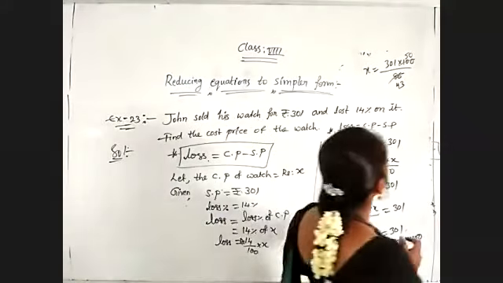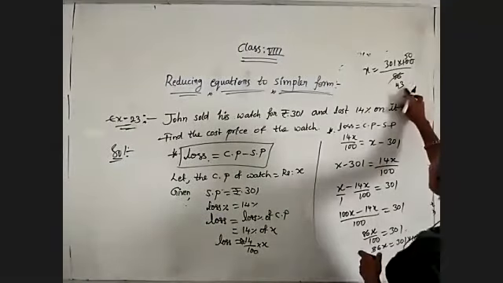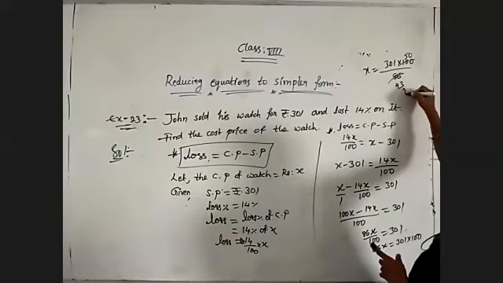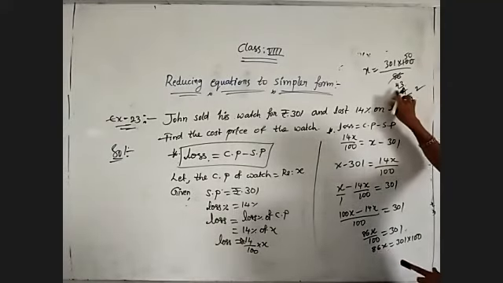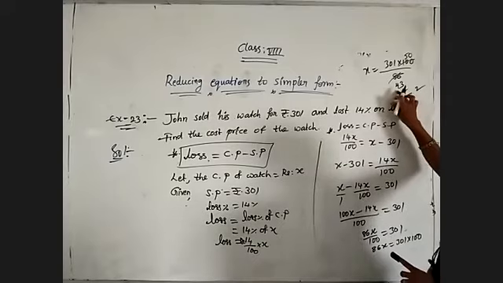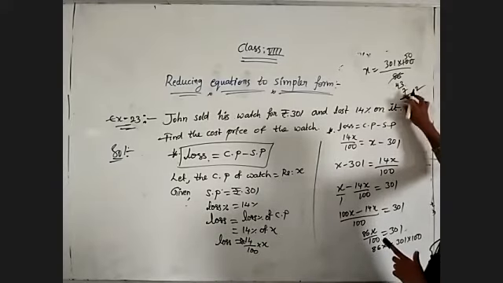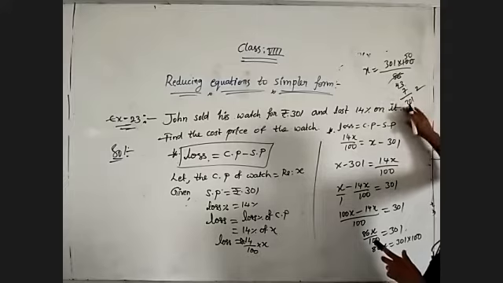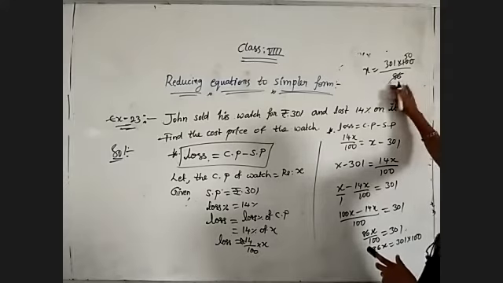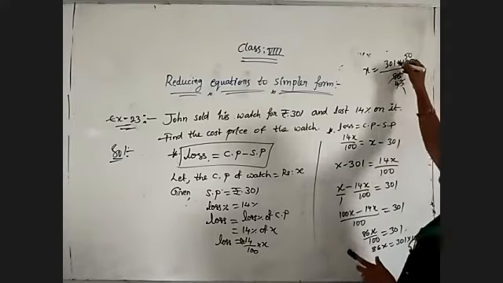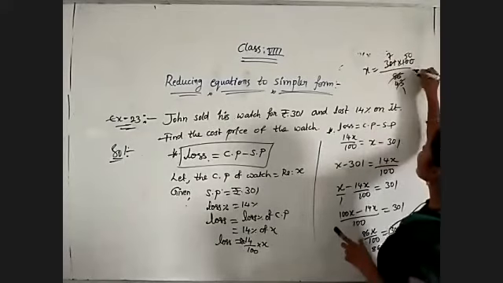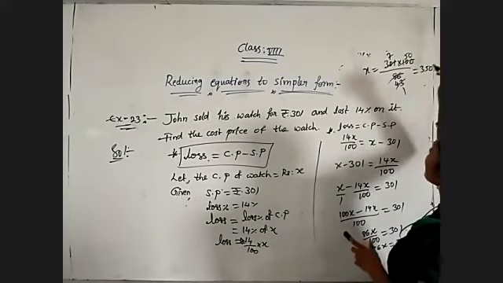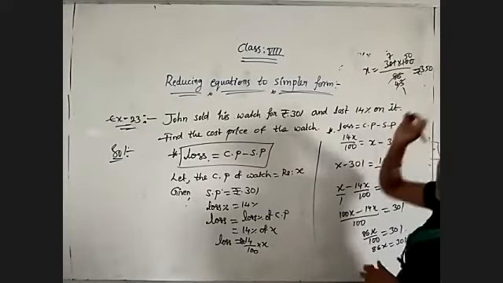So now any cancellation? First, 43 and 7s are, we will check. Because 43 is a prime number, that's why I'm checking the 43 table. 7 3s are 21, 7 4s are 28 plus 2 is 30. So 43 1s are 43, 43 7s are 301. Now 7 5s are 35, so 350 rupees is the cost price.